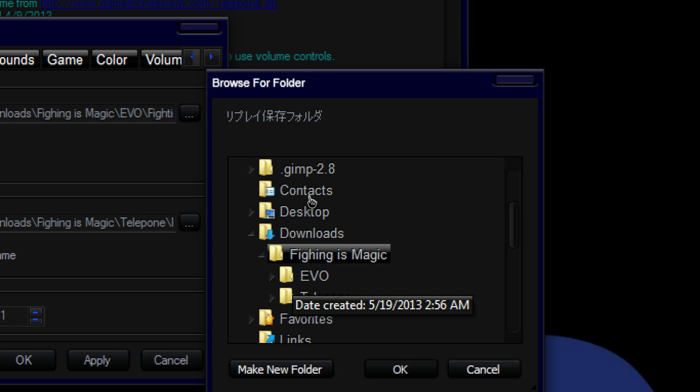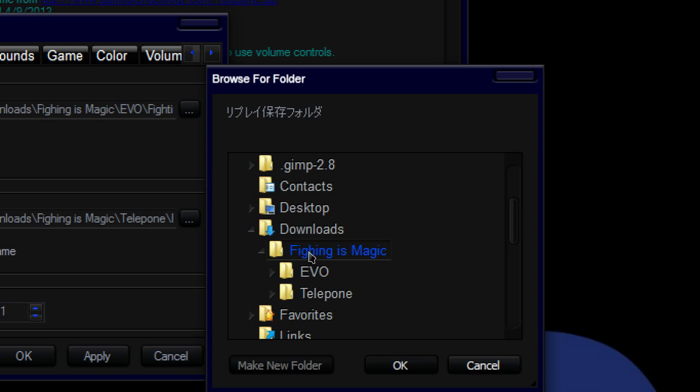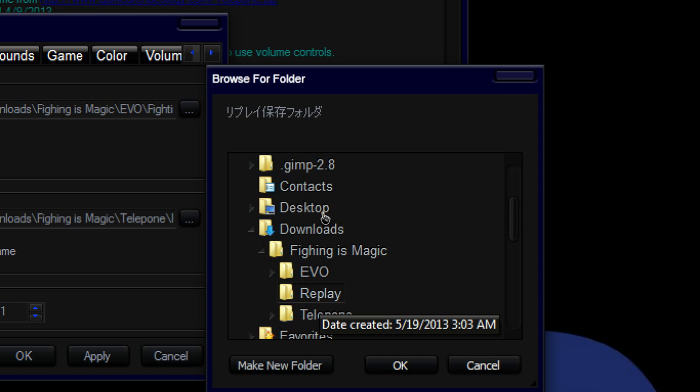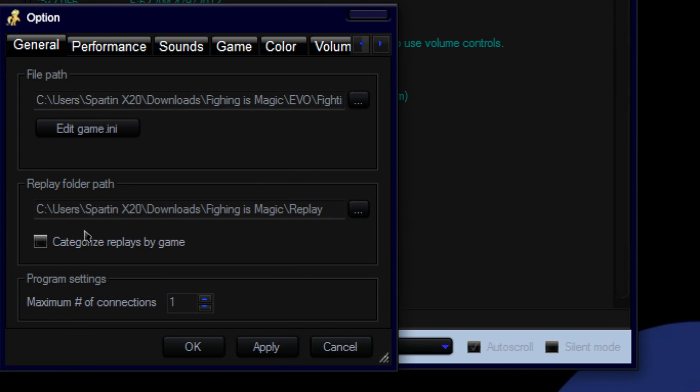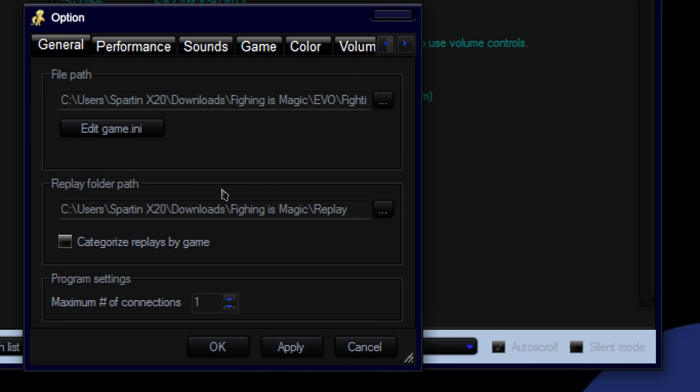And then I recommend to keep all these files from every single game you play of Friday's Magic out of the way. Make a new folder, Replay. You can put it in Telepone or in different builds if you want to change that too for that specific build. You can also do that, but I feel that that's a little bit over-organized. Now, once you've done this, you can move on to other things. Replays are optional. It's if you want to go back and see what you did.